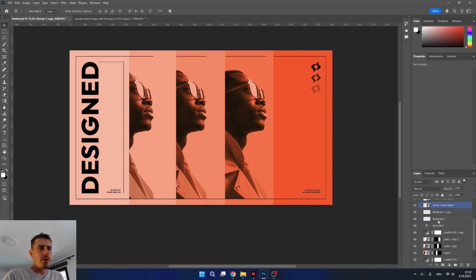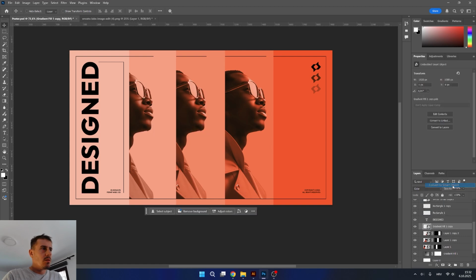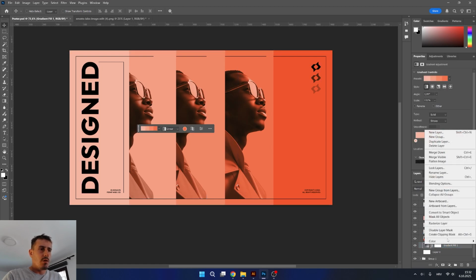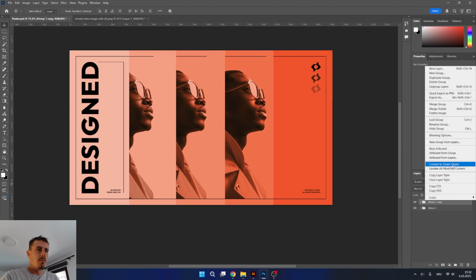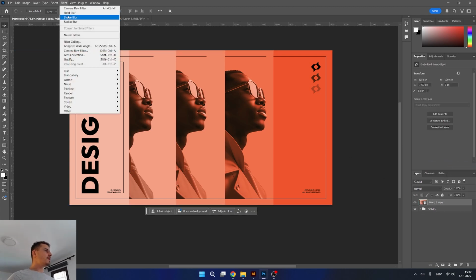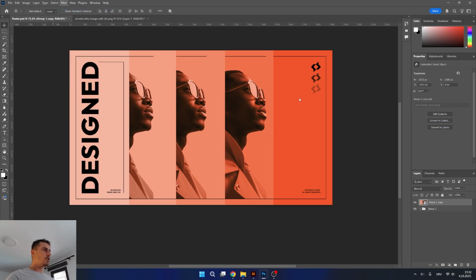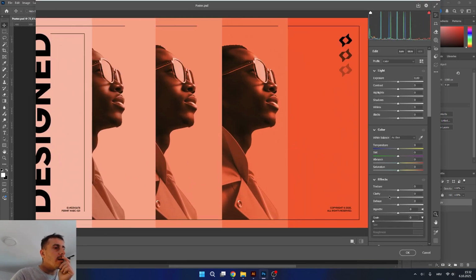I have a weird issue with the gradients. Maybe it's because of the gradients. Yeah, it's working now. So anyway, let's go to camera raw filter and let's add a little bit more texture